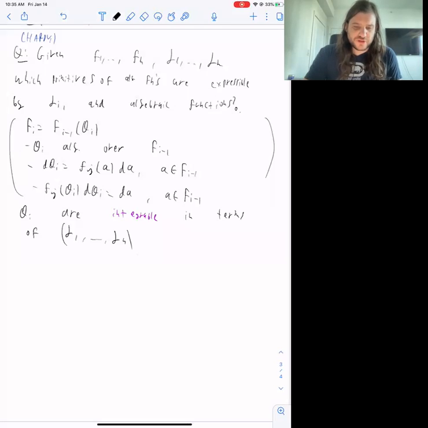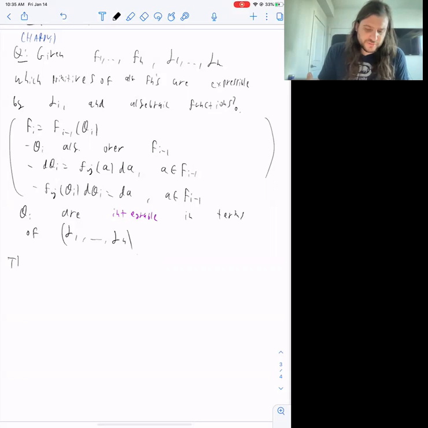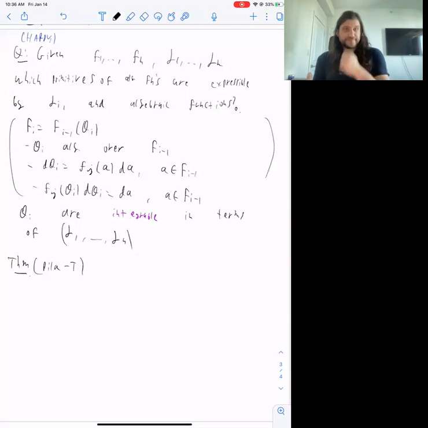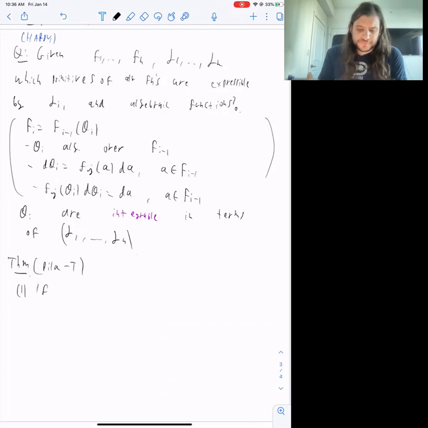Okay, so I want to present two theorems that we have with Pila, which are sort of analogous to Liouville's theorem and Risch's theorem. So the first part is that if g in F naught bar is integrable in the above sense,